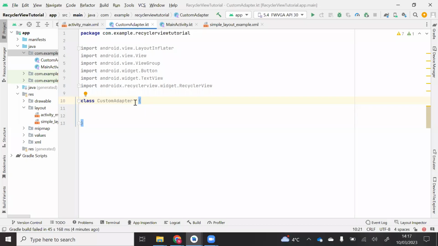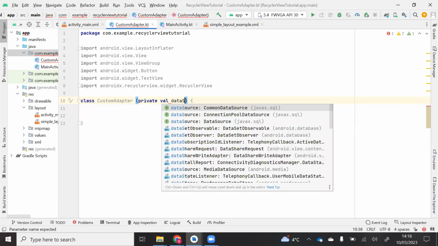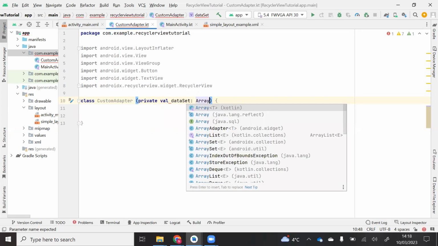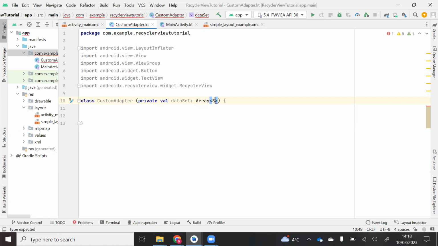Now, in this part of the tutorial, we are going to create our adapter. In the previous video, we created the layouts that we need. So the first thing I'm going to do is pass in an array of strings, because that's what we're going to use to bind our data together. I'm going to create a private val dataSet, and we're going to have an array of string,